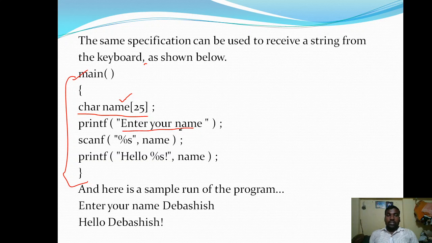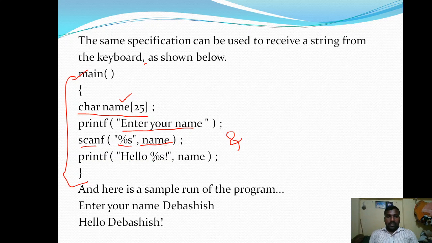Then the user enters some input that can be read with the help of scanf and the percentage s access specifier. While reading the characters, there is no need to specify the ampersand symbol before the name of the variable.